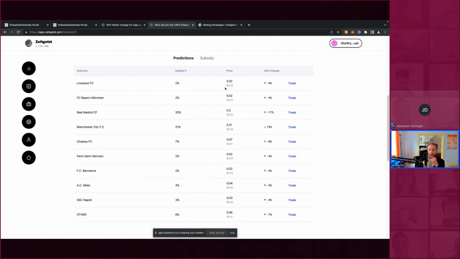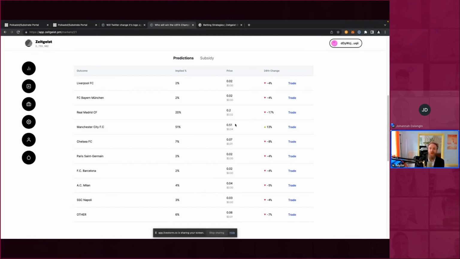Depending on the price of the asset, there's an implied percentage associated with it. For example, let's take Manchester City: it goes for 51 cents, and there's an implied probability of 51%. So there's a very important connection: the price in a prediction market implies a prediction.